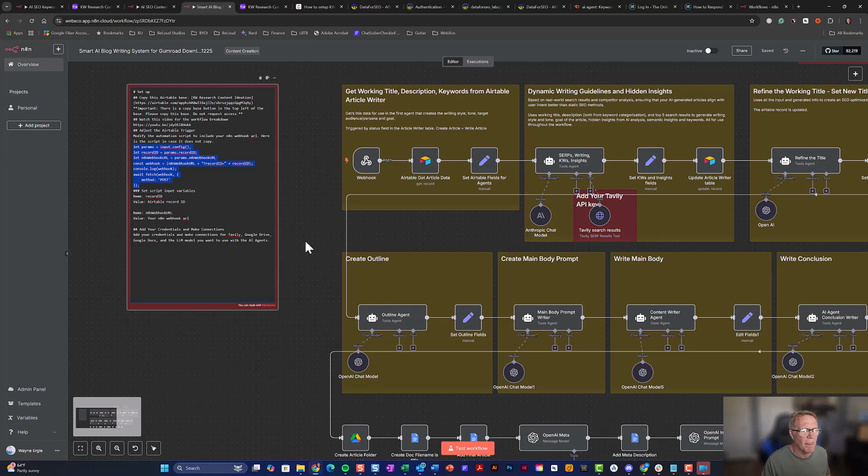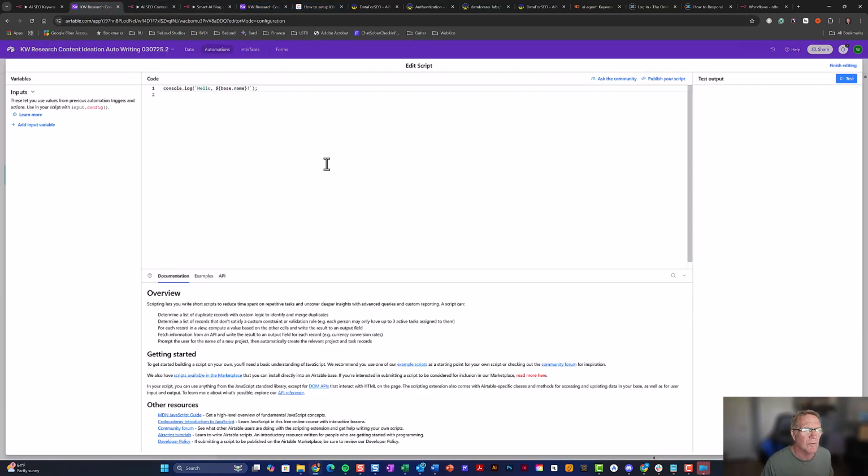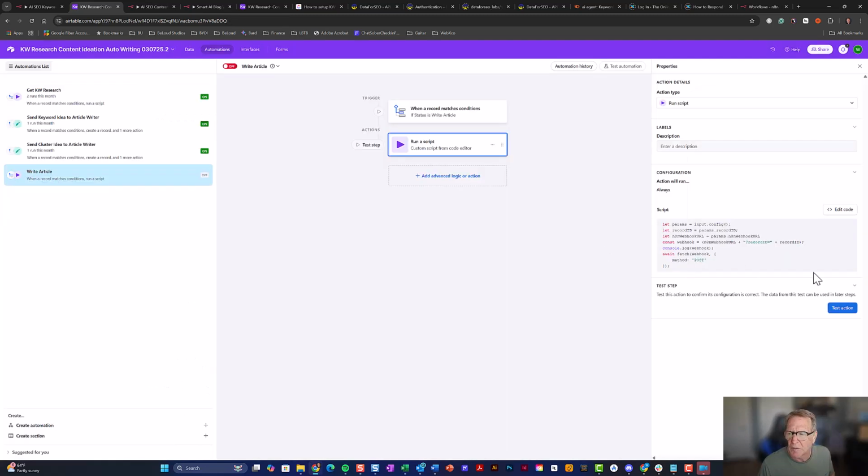Okay. Looks like you might be missing something. So you copy it, go into your table or into the automation and paste it in. Similarly to